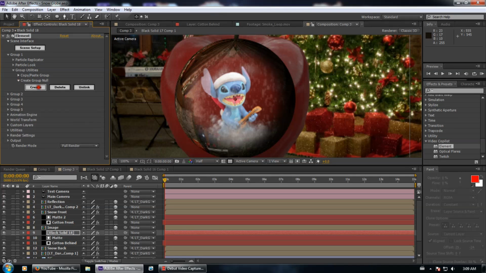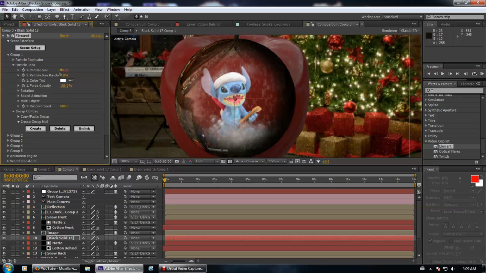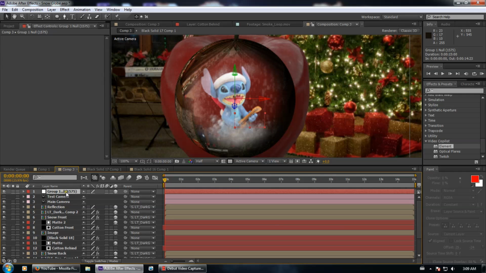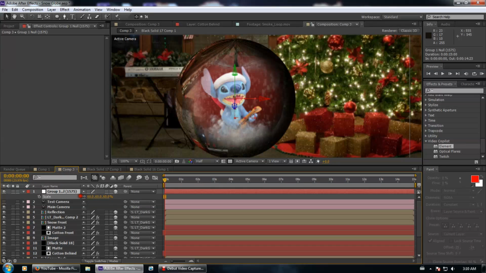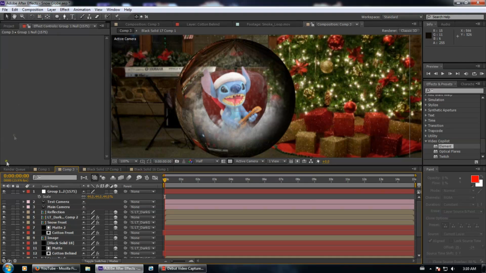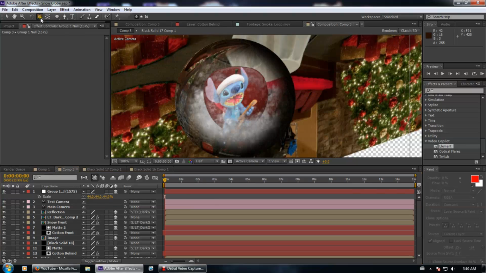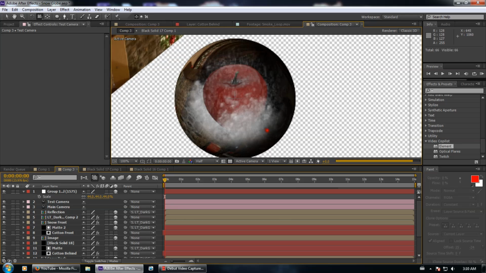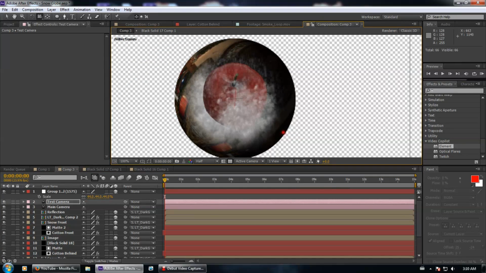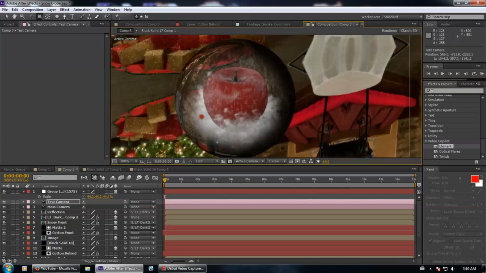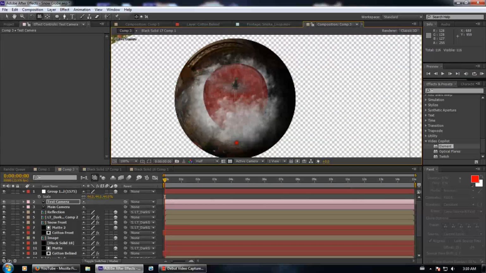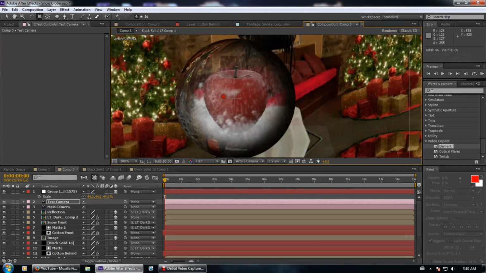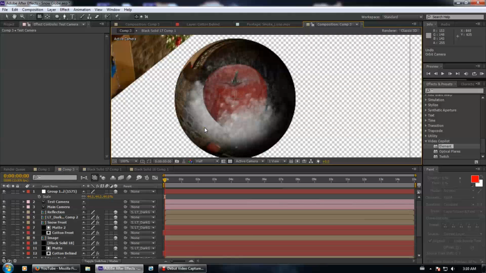One thing I'd probably do is create a null for this. I really don't know if this is going to work, to be honest, so I may or may not omit it if it doesn't. And, alright, we can do that. Now, go back to our test camera and see how well that worked. I'm actually good with that. I like that. You know, it kind of screws up with the particular getting in the way, and there is a way to fix that using Z depth and stuff like that, but